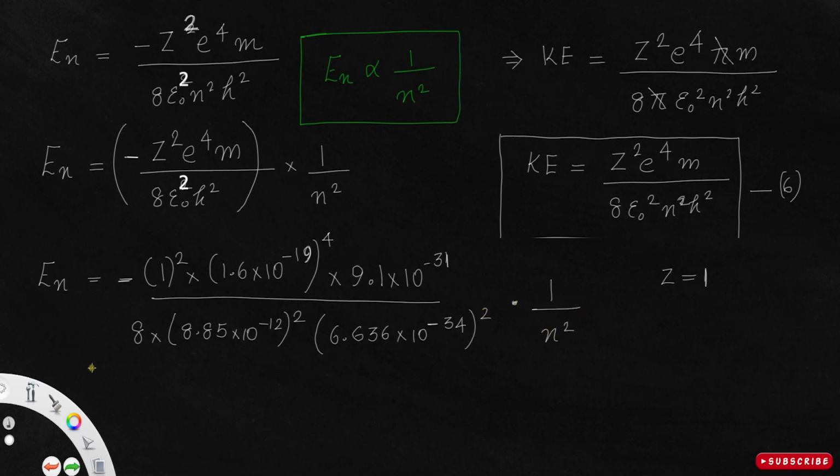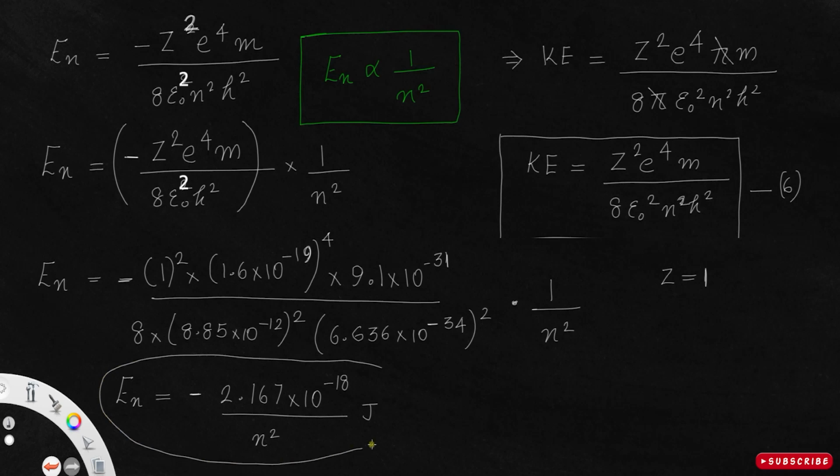So on simplifying this, the total energy En will be approximately minus 2.167 into 10 raised to minus 18 by n square